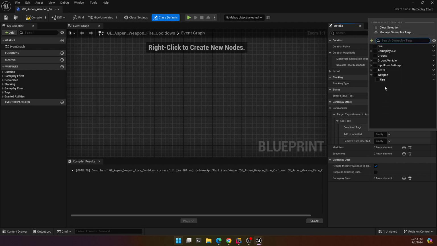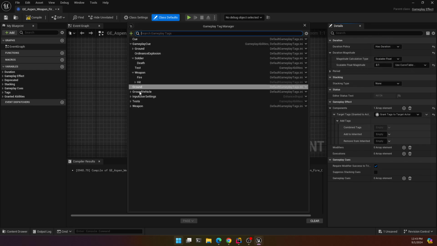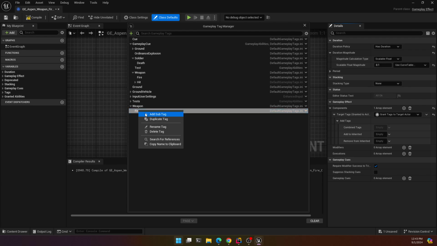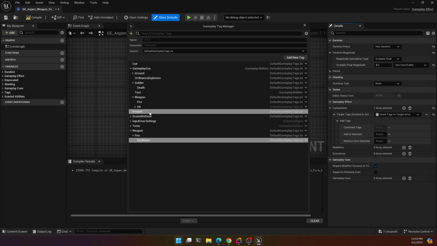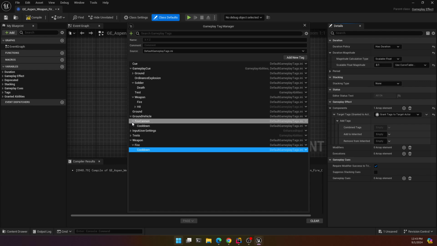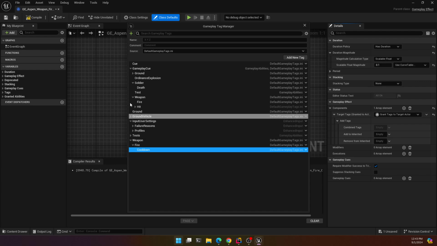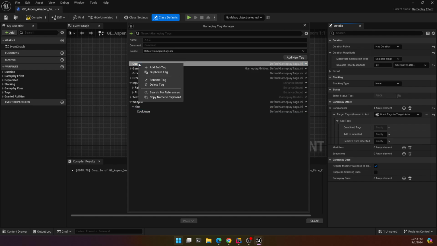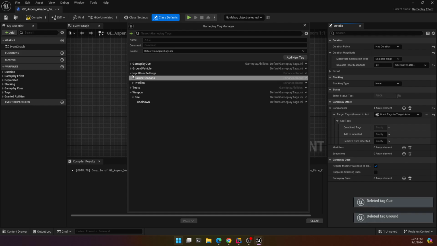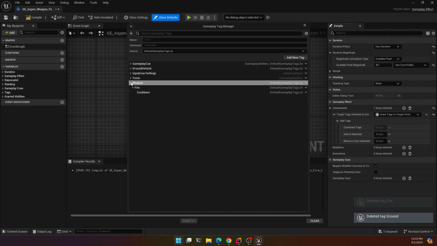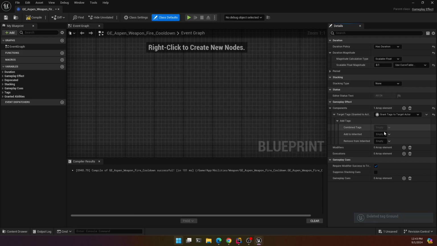Come back. Weapon, fire, cooldown. Okay, weapon fire cooldown is what we're going to add